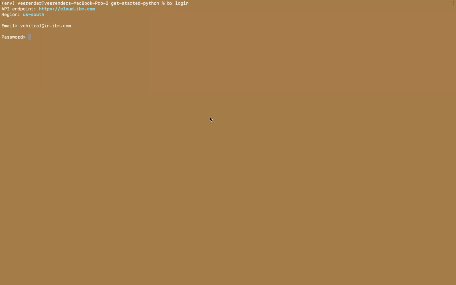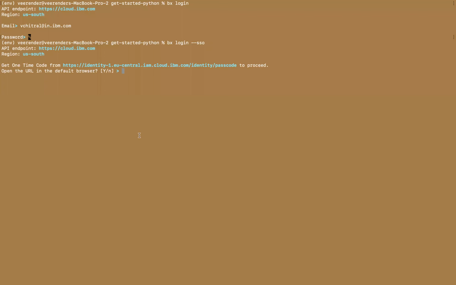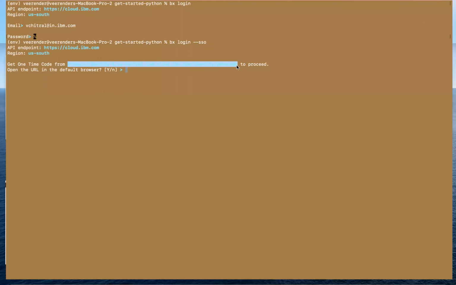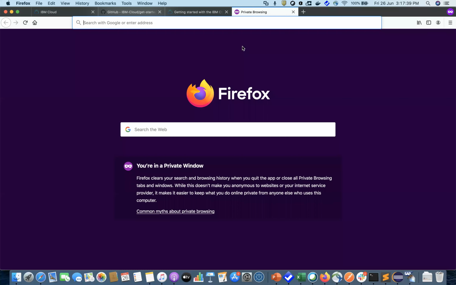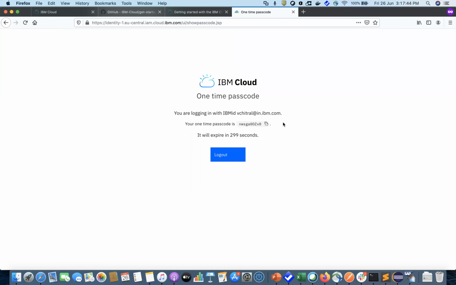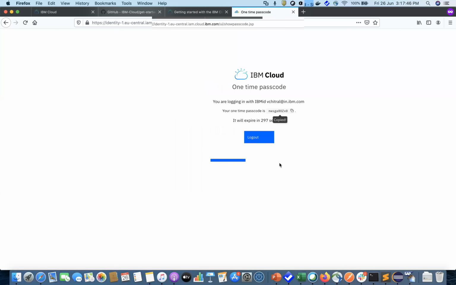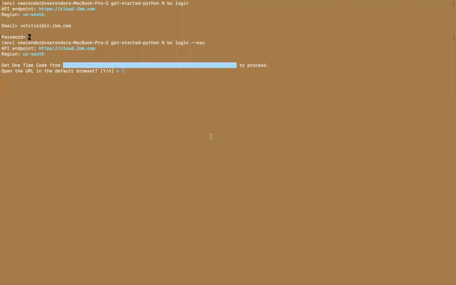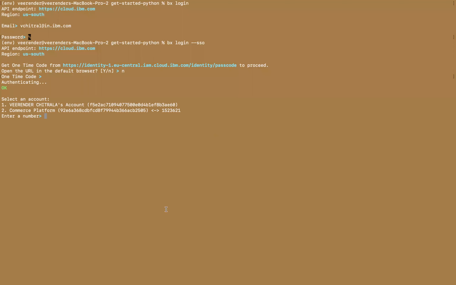Okay, I don't want to do it this way because I am on the IBM network, so I need to log in through SSO. What this asks me is to generate a password from this URL. Normally you need not do SSO, but right now I'm on an IBM network, so I have to do that. Let me enter this password, and it has authenticated me.